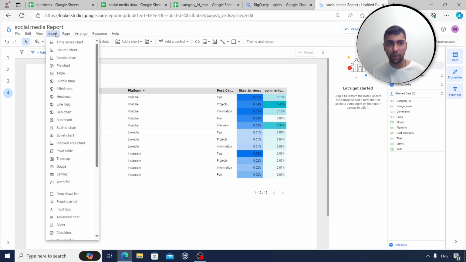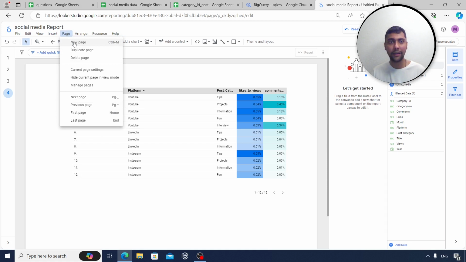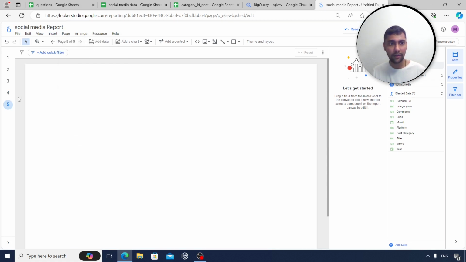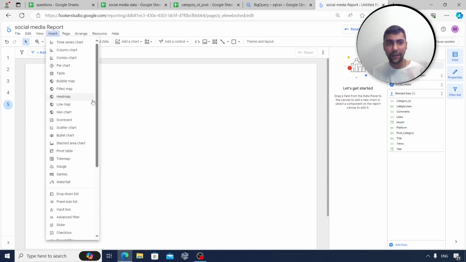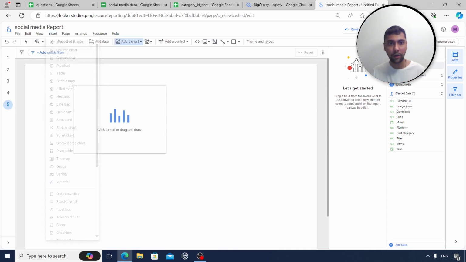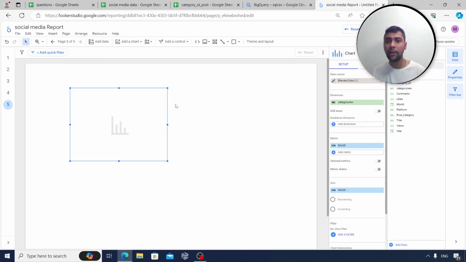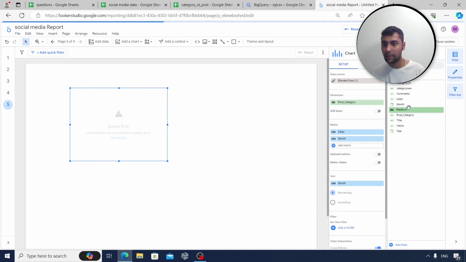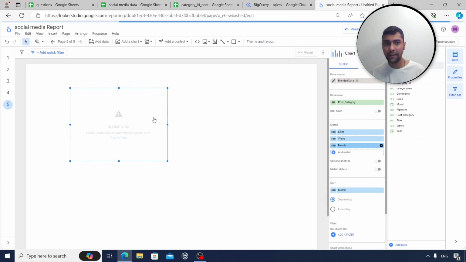Now, if I want to add a new page, I can again say page and insert another page. This time, let's say I want to add some simple charts. For example, I could select a column chart, and put post category, that's a simple example, and see what the trend is in terms of likes and also in terms of views. So we could do simple things like this,